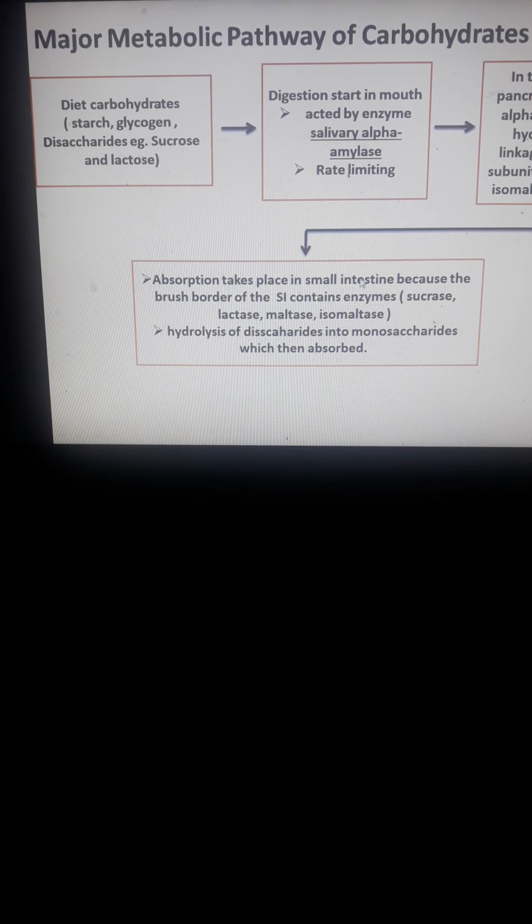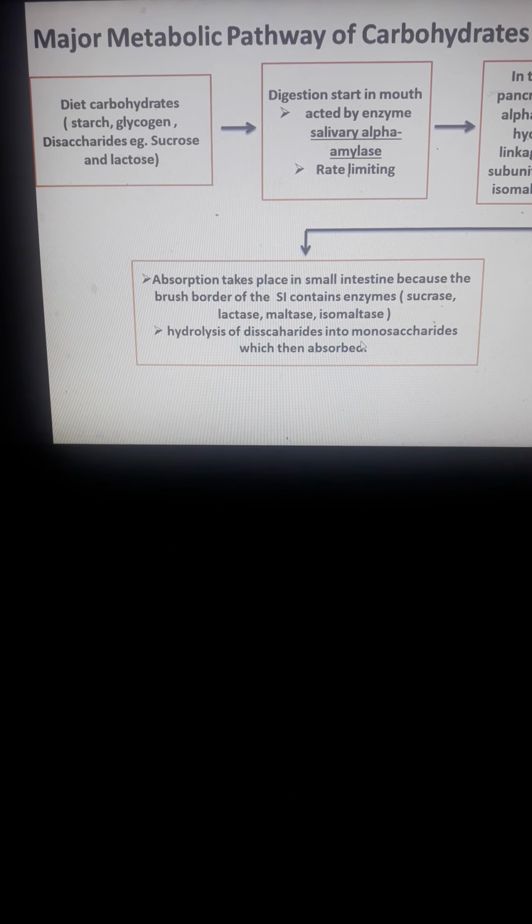So, absorption takes place in the brush border of the small intestine containing enzymes. So, there is sucrase that will hydrolyze sucrose into fructose and glucose. Lactase for conversion of your lactose to glucose plus galactose. Maltase gives glucose plus glucose, and isomaltase, glucose plus glucose also. Okay? Then hydrolysis of disaccharides into the monosaccharides